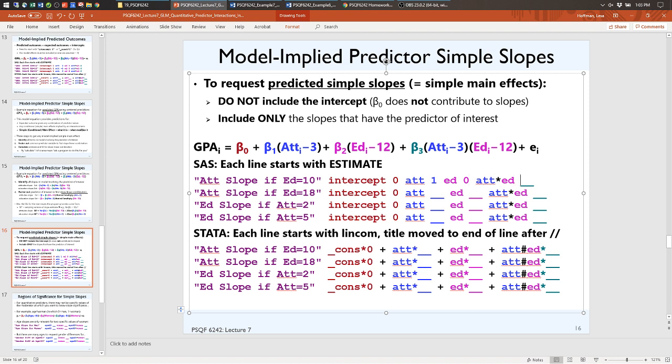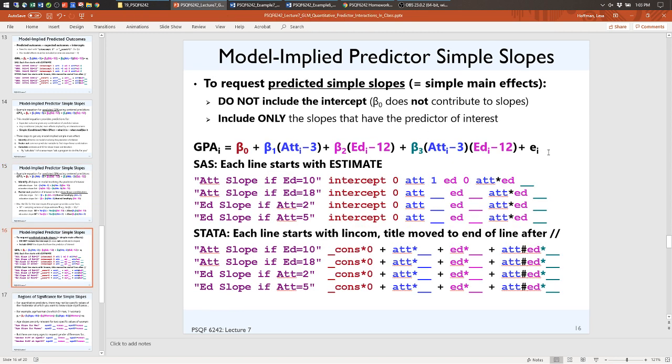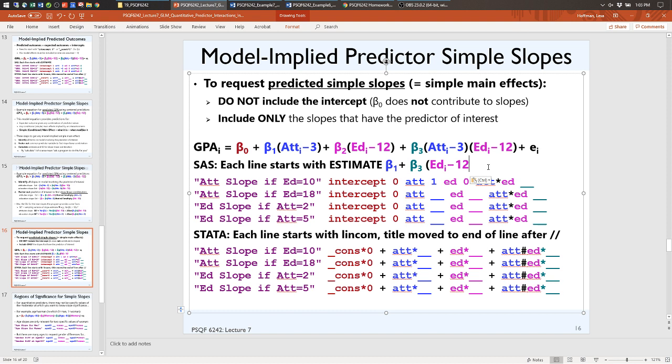Now this is where it gets tricky. This number right here is the value of the moderator. So you see on the previous slide, this is the thing we're estimating. So I need 1 beta 1. I don't need any beta 2s. And how many beta 3s I need depends on what is the value of education that I'm asking for the